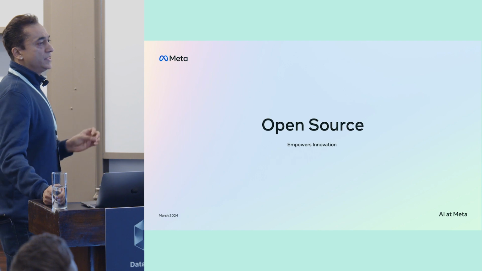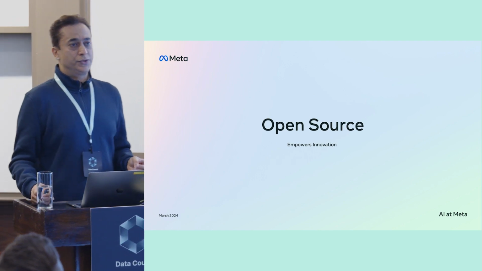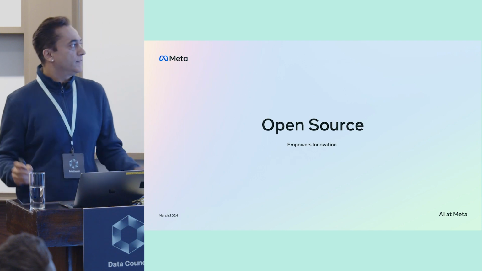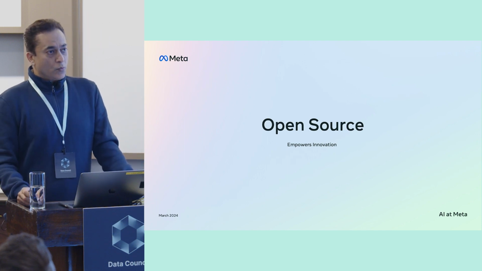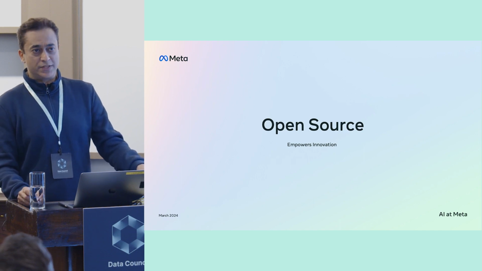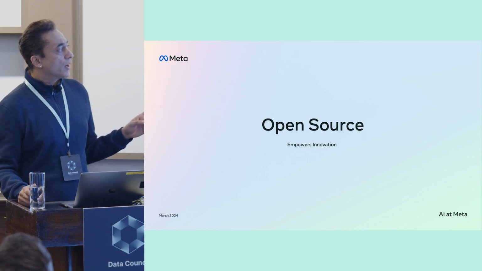I think the heart of a lot of this stuff comes down to two models. One is the closed models and the other is the open source models. Meta constantly believes that open sourcing brings in a lot of benefits to the ecosystem and to Meta, and we are going to talk about this.